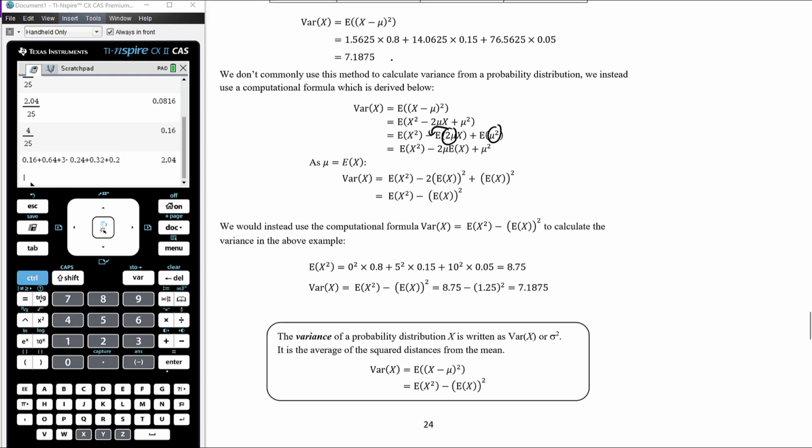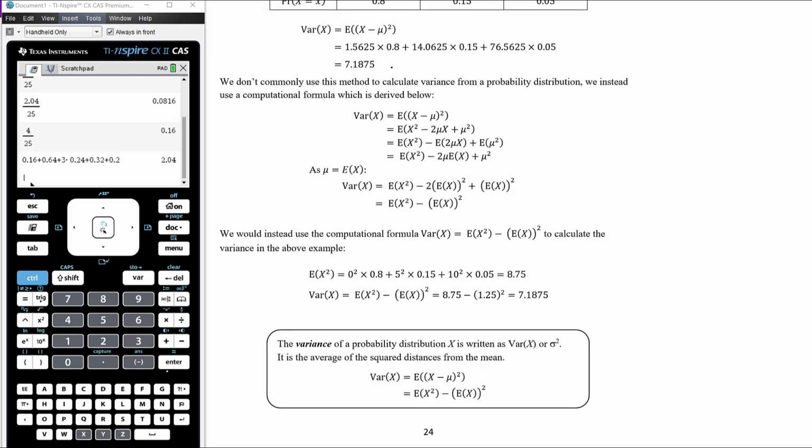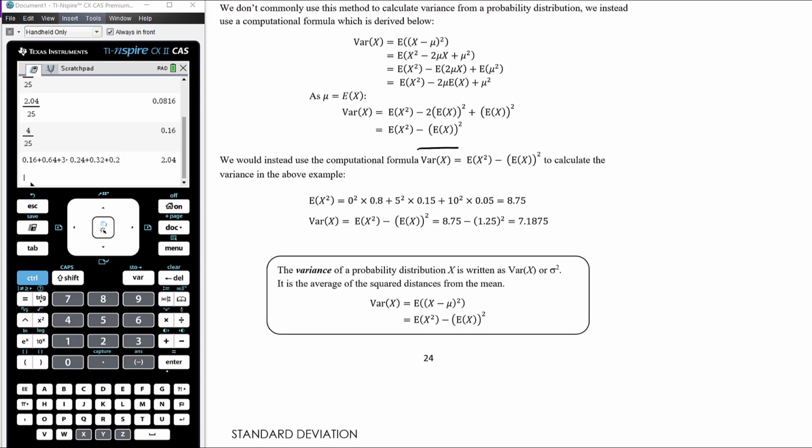Okay, and so essentially what we have here is this is the mean, this is the mean, this is the mean, so you've got expected value of x squared minus 2 times the mean squared, plus the mean squared, and then we can collect together these like terms here and we get this formula here. So again, don't worry too much about following the derivation of the formula. The point is that this is actually the formula we use to calculate variance. It's more practical. So we calculate the expected value of x squared, and then we subtract the expected value of